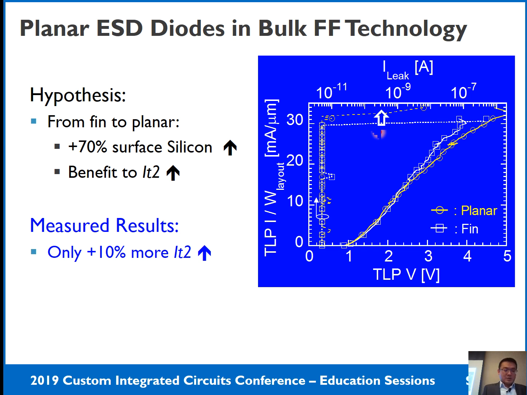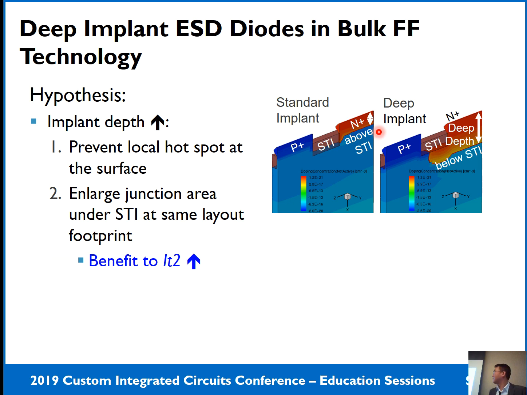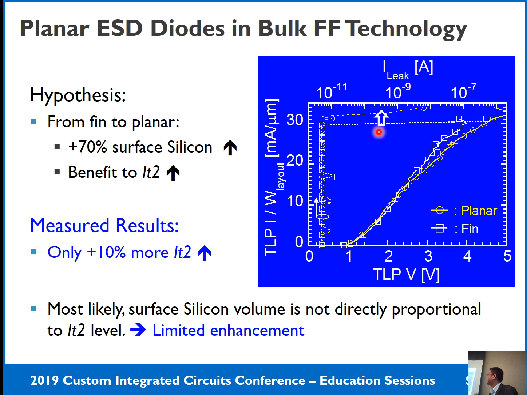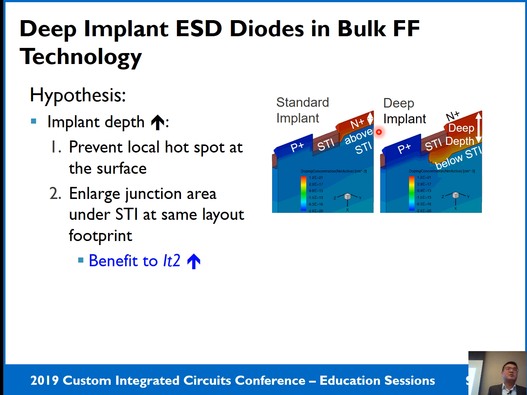So it seems to indicate this surface silicon value is not directly proportional to your IT2 level. So the planar ESD diode has only limited IT2 enhancement. That's why in nowadays FinFET technology, you never see the planar ESD protection device. Then the second proposed solution is this deep implant ESD diode. The hypothesis here is